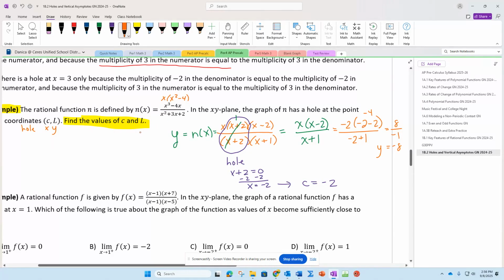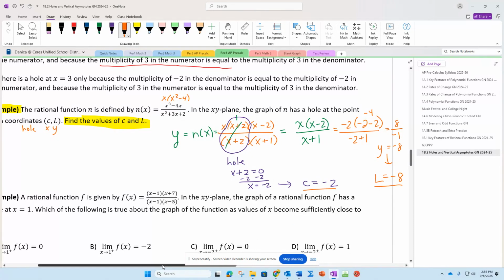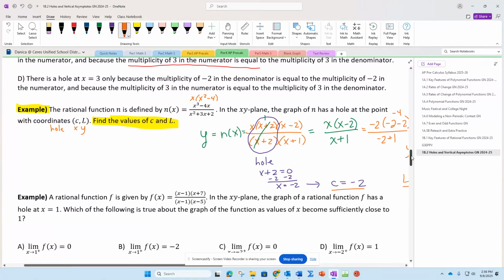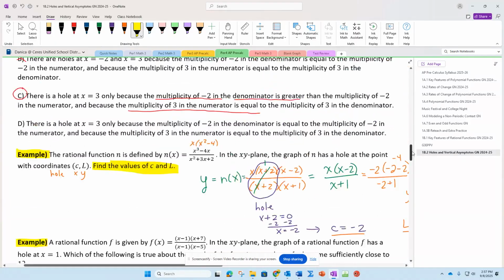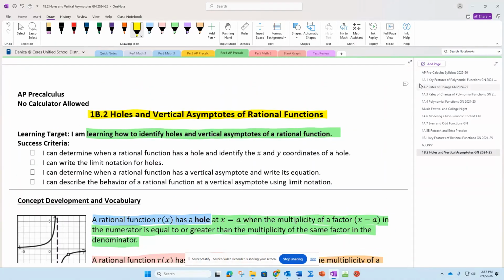But again, in this problem, y is designated as being L. So we want to say L, capital L, equals -8. And that gives us then both parts that they're asking for. All right. So now let's take a look at this one. So we need to go back to the concept portion. We haven't talked about limit notation yet with holes, and that is what this particular example is about. So going back to our concept portion here,